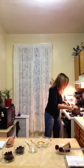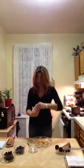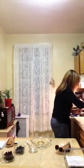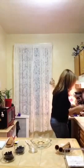Okay, so looking very, very good. Now I'm going to add my vanilla extract. I think it's about time. So, okay, we're going to add just a tiny little